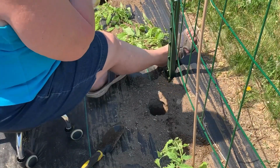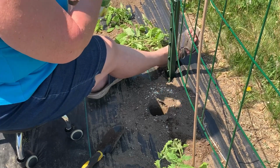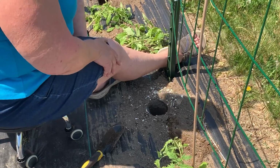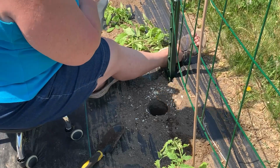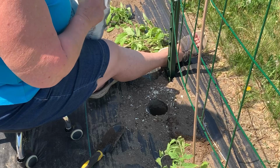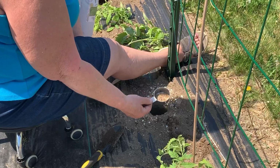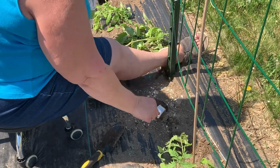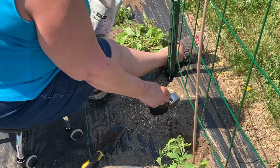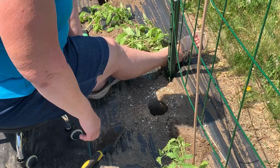The reason the tomatoes and peppers are getting planted so late, because I forgot to mention that at the beginning, is because our temperatures have been so low. Not too bad during the day, but at night they've literally been down to like 4 Celsius, which is like the 30s and 40s. So I have my cold weather crops in, which is fine, but we've been schlepping in all these tomatoes and peppers every night,